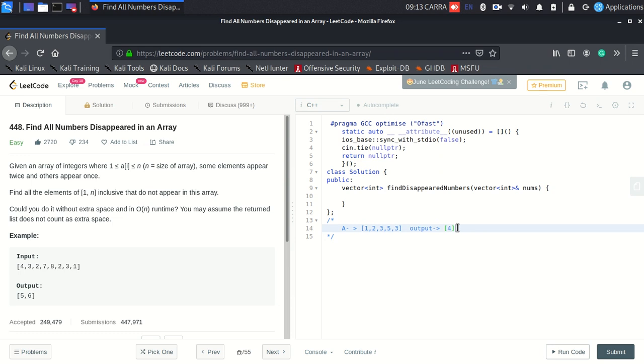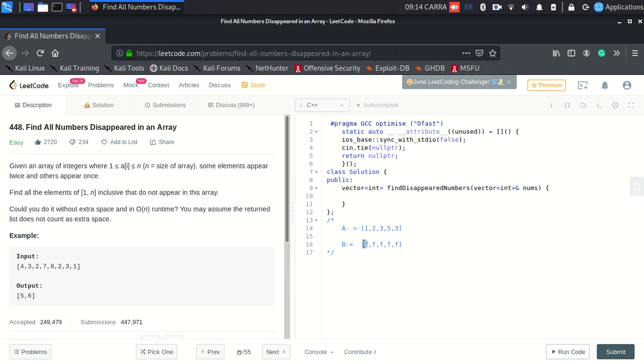Alright. So the first thing that comes to our mind on seeing such a problem is using a hash table. What I mean by using a hash table is that I record all the numbers that I have seen so far. Now if I see a number which I have seen previously, I would know that there are duplicates and there must be some numbers that are not present. So for this particular example, I'll have a boolean hash table where I'll set all the indices to false.